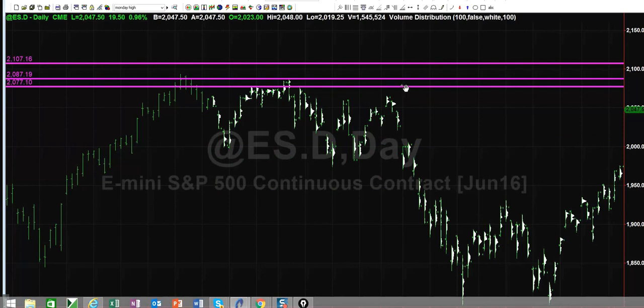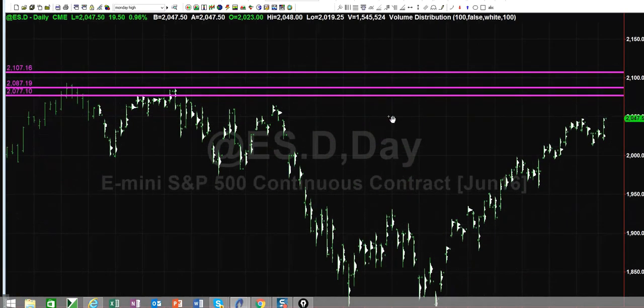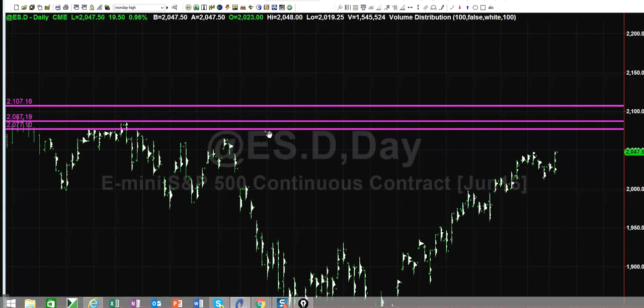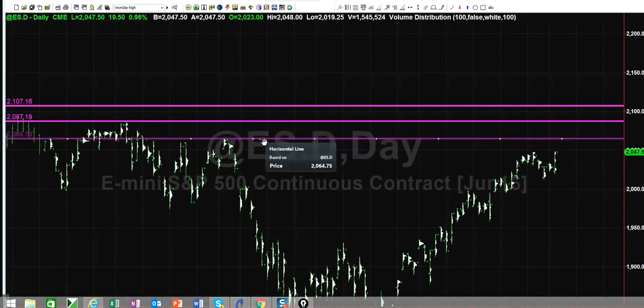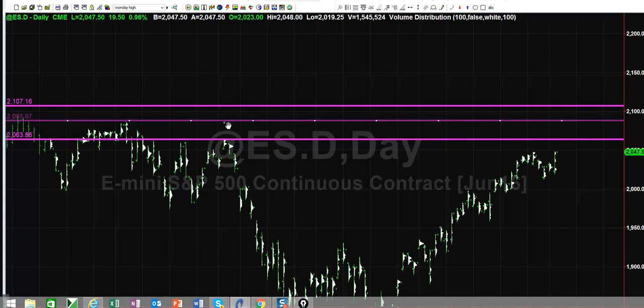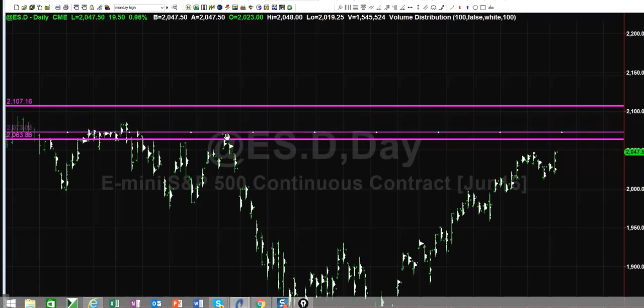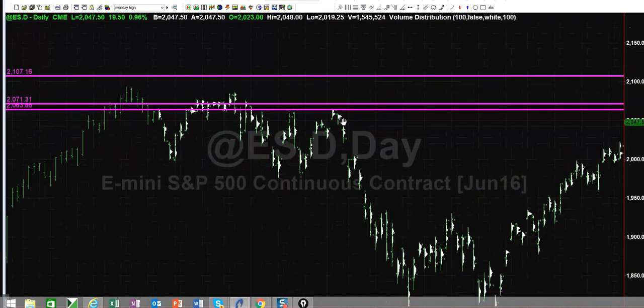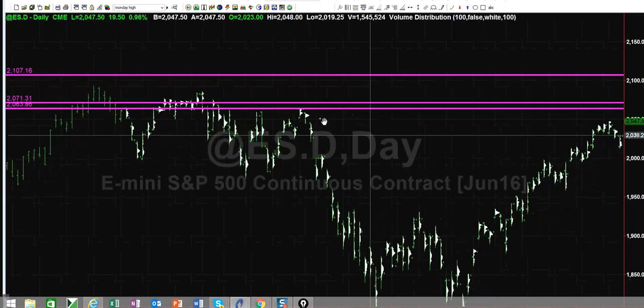So I know that this is possible, right? I know I have a couple of things going on up here that might help me get reversal points. First of all, the open gaps, one sitting here at 2063-ish, the other one sitting right here at, let's call it, 2071-ish, right? This creates a natural support resistance area, and I would expect, and the other thing, even without the open gaps